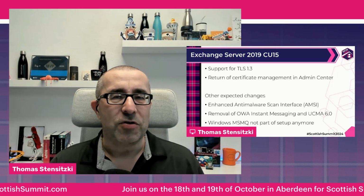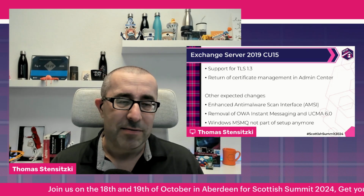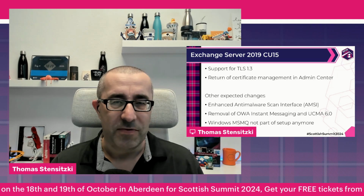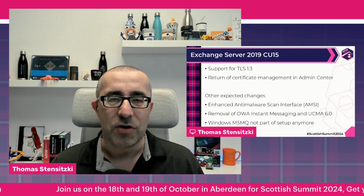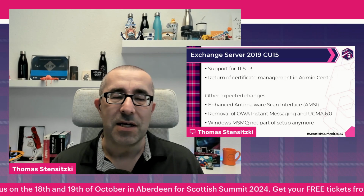We will see, but we should be prepared for it anyway. This is an enhancement of the anti-malware scan interface, AMSI in short, which provides, or will provide, if it makes it, additional functionality. But it's more important what we will lose, and this is the OWA, so the Outlook on the web instant messaging, and the unified communications managed API will go away, which means no